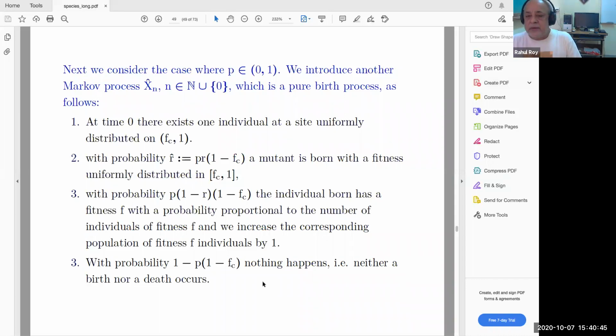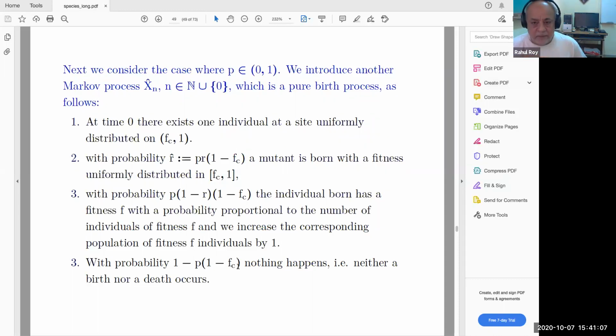The reason why we're doing this is because it's a priori obvious that below Fc, we are getting a null recurrent process. So what is happening there is not at all of interest. For the limiting process, what happens is what's happening in (Fc, 1). So we might as well forget that part where the death happens. So we say, nothing happens there.